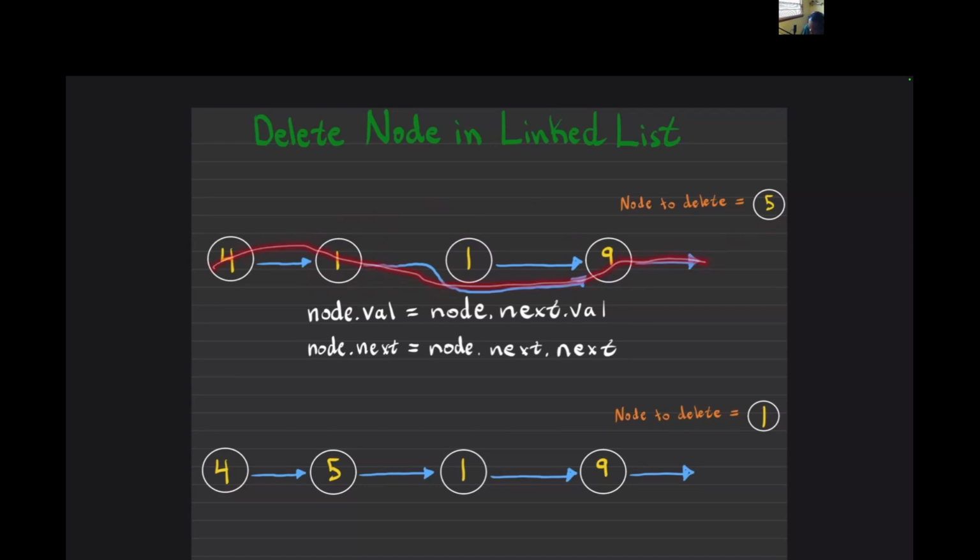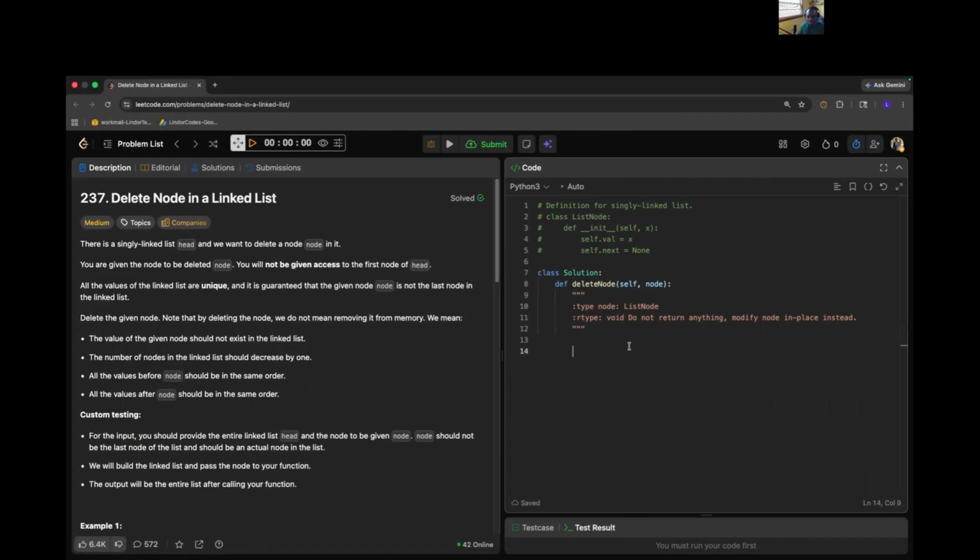All right, so let's look at that example for this case here. Okay, so node dot value is equal to node dot next dot value. Okay, and then node dot next is equal to node.next.next, which is None. And we'll return this. Technically, we're not returning anything, right? This is all being done in place, but I think you understand the idea. So very straightforward solution. If we navigate back to LeetCode here, we just say